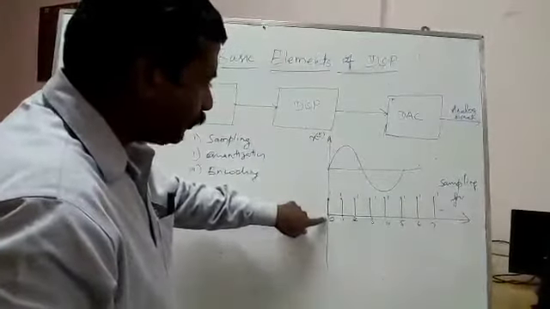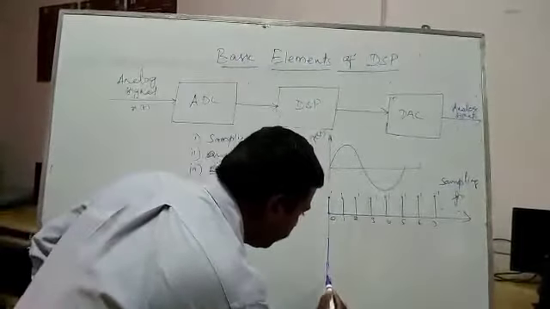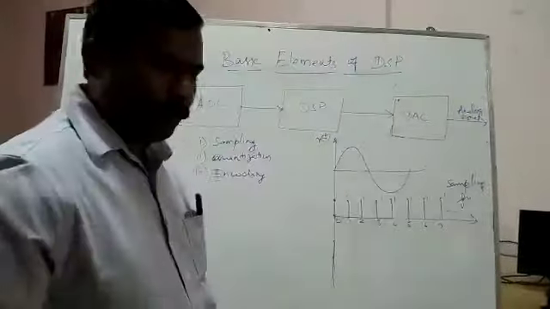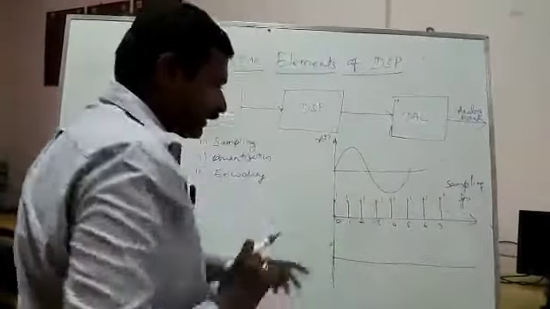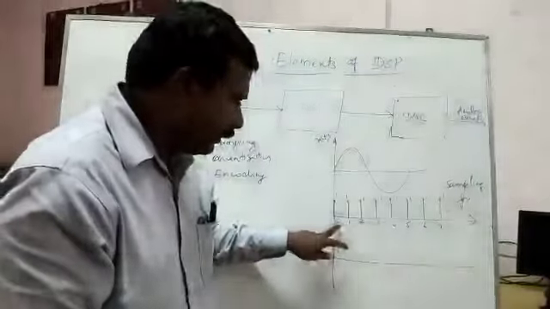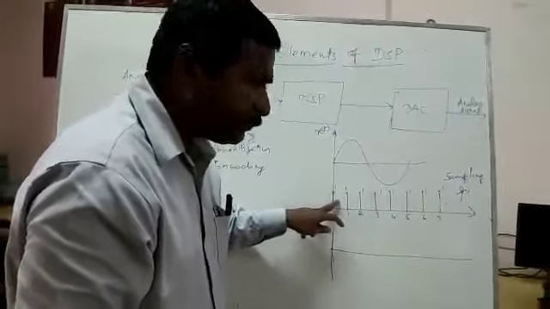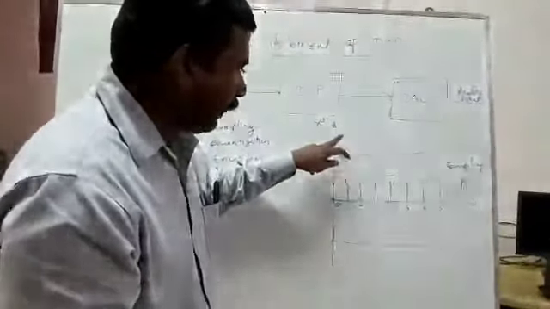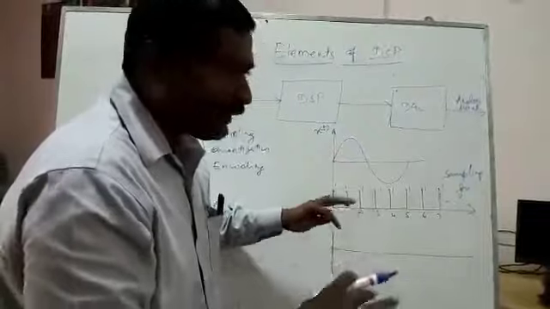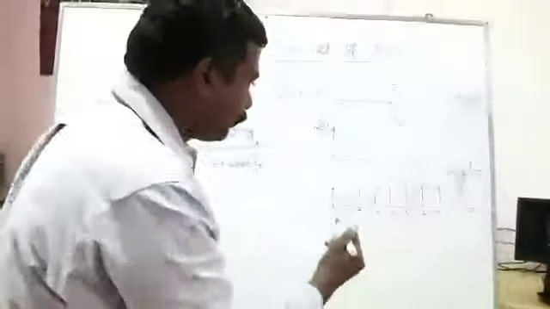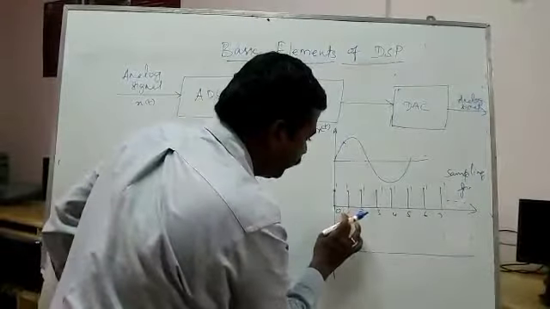So now perform the multiplication between these two. First take at n equal to 0. Here the value is 1. Here the value is 0. So 0 into 1, the value is 0. Then the second sample will come at n equal to 1. In between n equal to 0 and n equal to 1, the amplitude is assumed to be 0. So the amplitude from the analog signal between 0 to 1 cannot be determined. The next amplitude is traced or found out at n equal to 1.